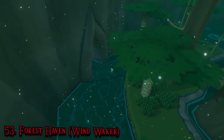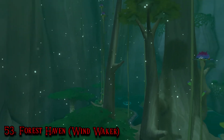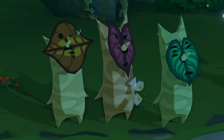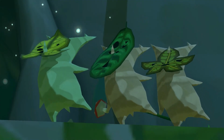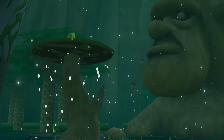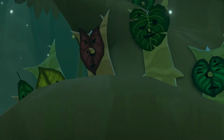Number 53. Forest Haven, Wind Waker. It's our first town from Wind Waker. I remember thinking at the time how weird it was that the Kokiri had been replaced by those gnarled little Koroks, but in retrospect I think it was a good move for the series. There's not a lot to do here, but I like the music, the atmosphere, and of course the Great Deku Tree. This version of the Great Deku Tree is particularly amiable, and like his Ocarina counterpart, he watches over the